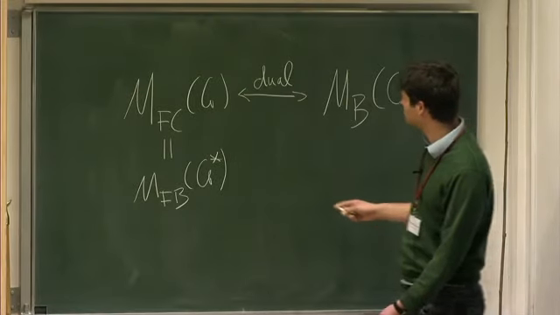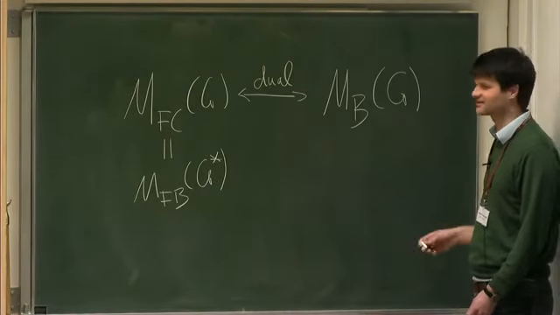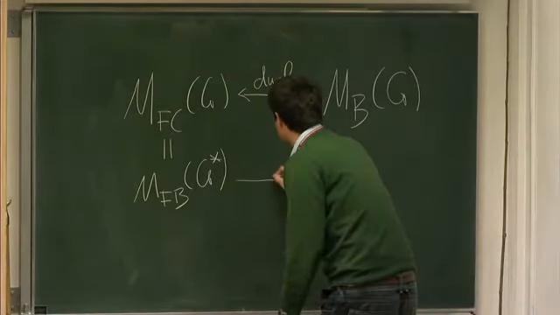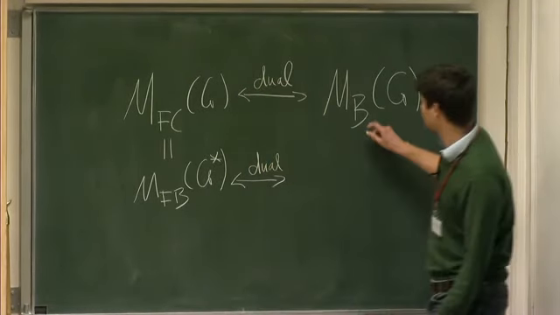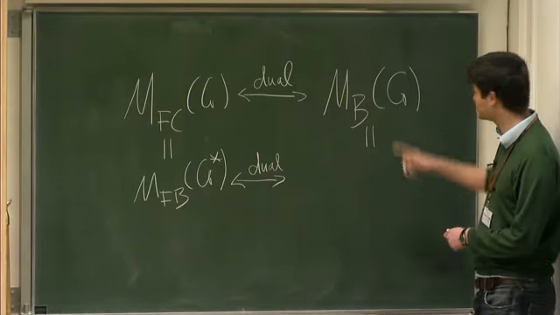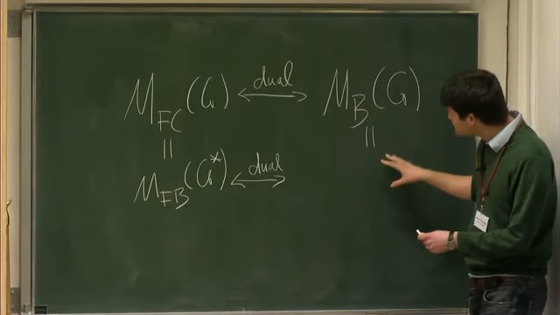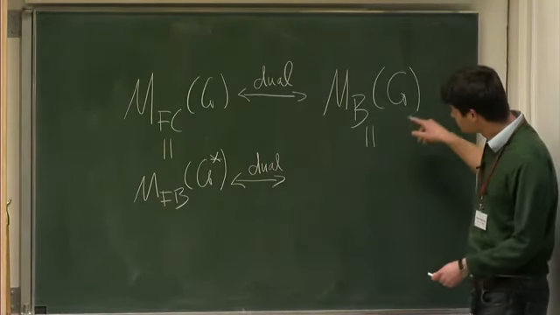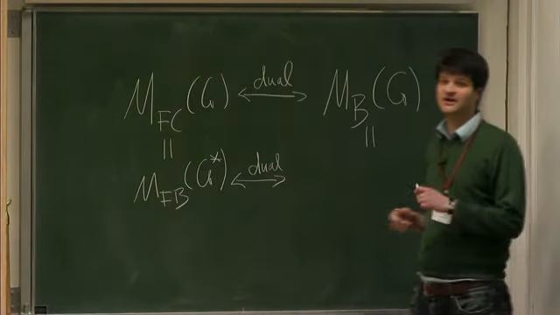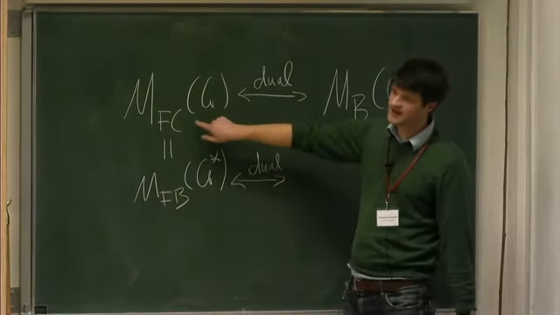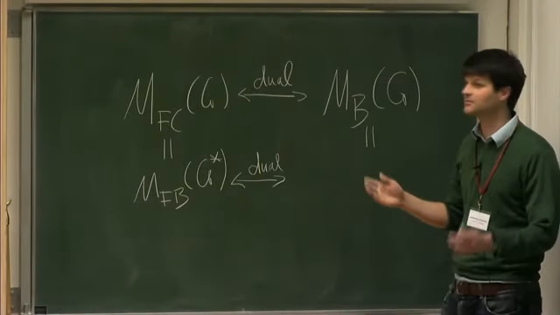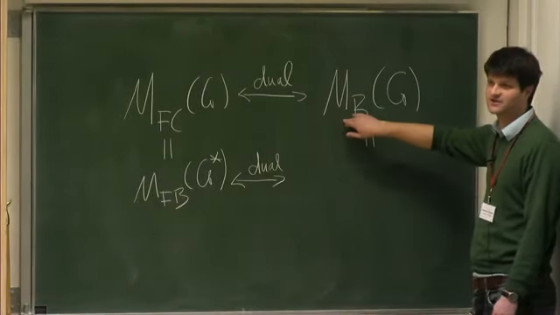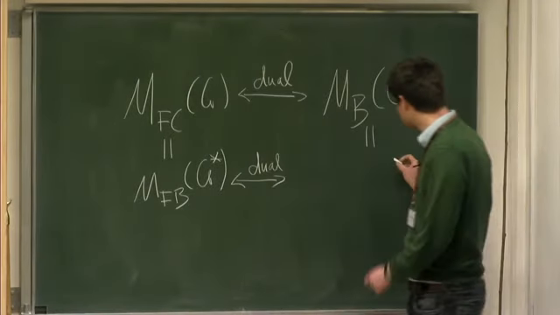Okay, so now it seems that we are missing something in this diagram, because we have some matroid that is dual to this matroid here and actually equal to this matroid here, and it should be some cycle matroid of the dual graph, but it cannot be the finite cycle matroid of the dual graph, because the finite cycle matroid only contains finite elements, but this matroid contains infinite elements. So there has to be something different